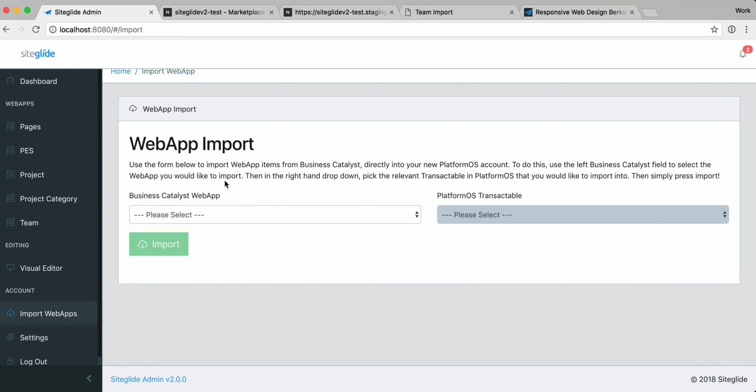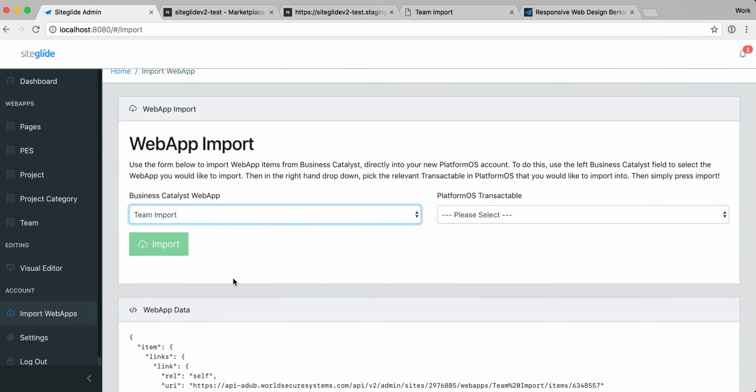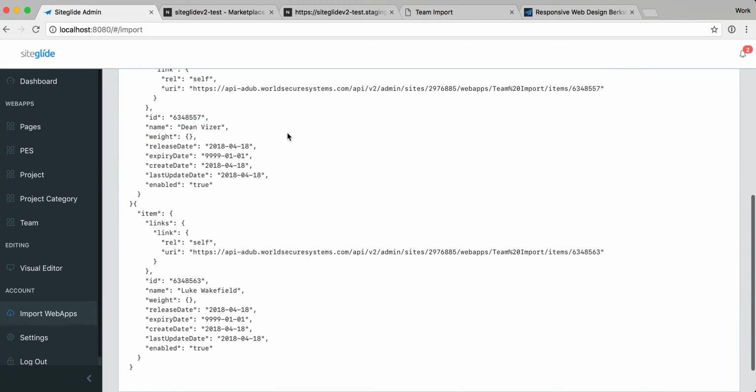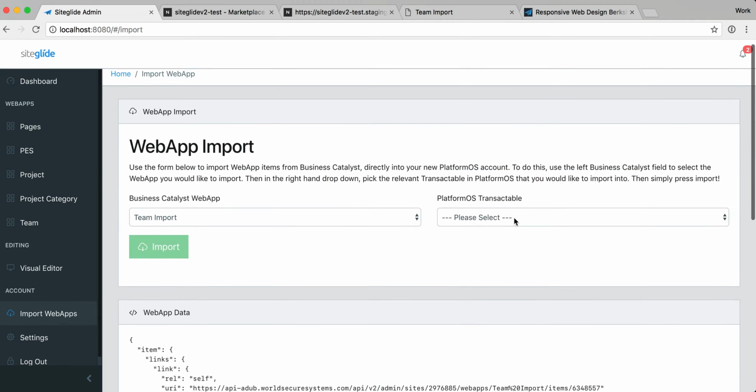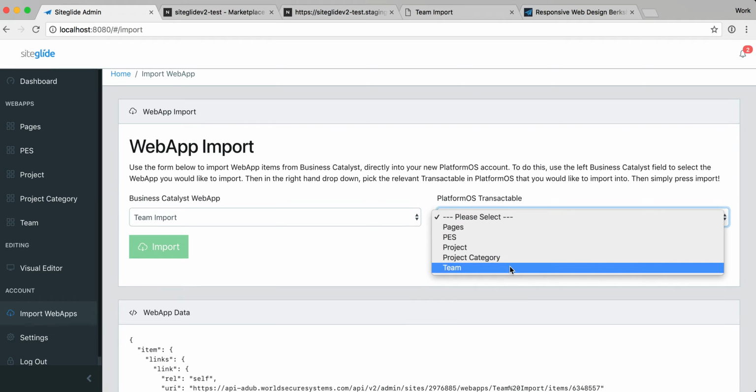we have two simple options. The web app, this will scan your site and give you the list of available web apps to import. So we're going to pick Team Import. It will then give you a small preview of the data just to check that that is the right web app. Then on the Platform OS side, you pick the relevant web app or transactable that you would like to put the data into,